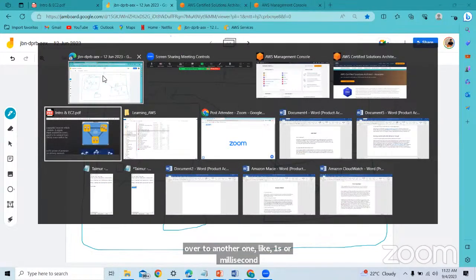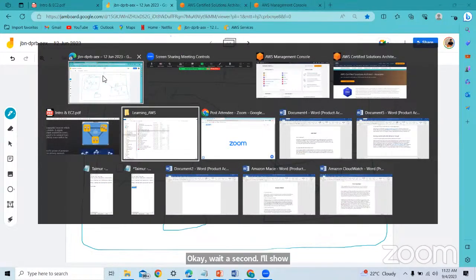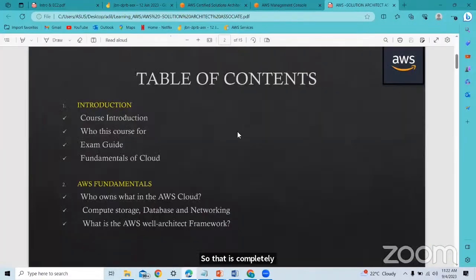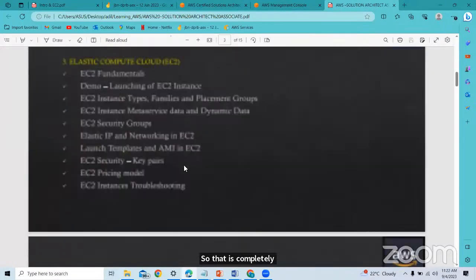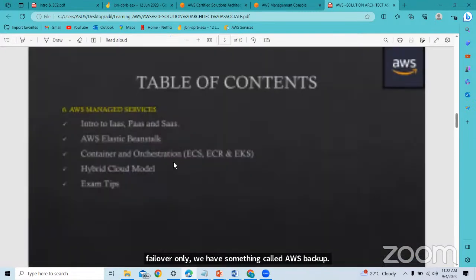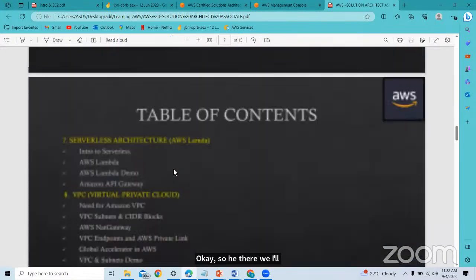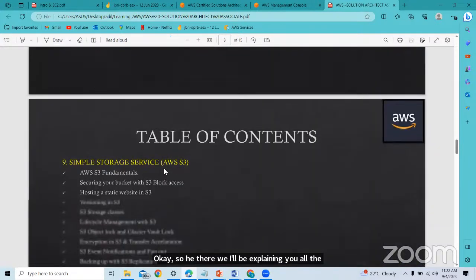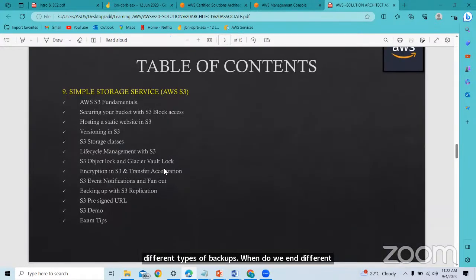Wait a second, I'll show you. That is a completely different service. For failover, we have something called AWS Backup. There I'll explain all the different types of backups, and RPO and RTO.